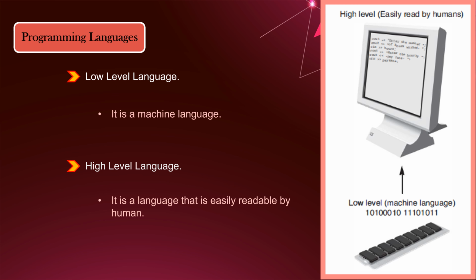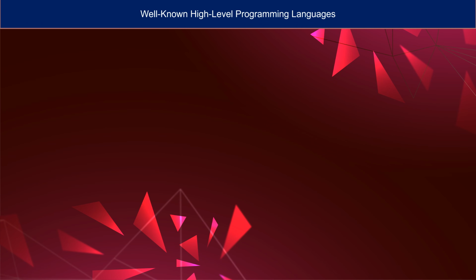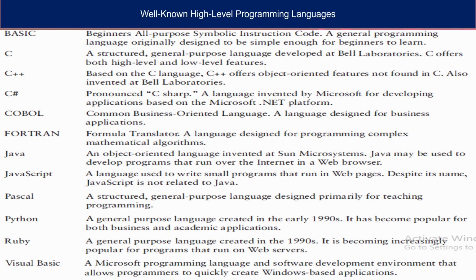C++ is also popular because of its portability. This means that a C++ program can be written on one type of computer and then run on many other types of systems. This usually requires that the program is recompiled on each type of system, but the program itself may need little or no change. Some of the well-known high-level programming languages are as under. But the language that we are going to cover in this course is C++.